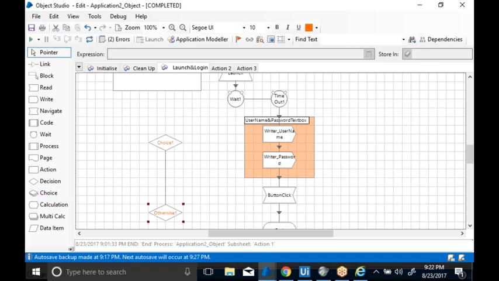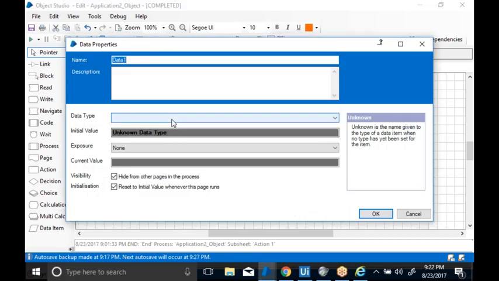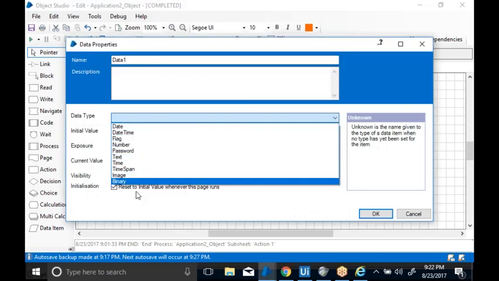Okay, and now let's see one example on the choice. Suppose I have a variable we call a data item. Let's see the data item first, and I will explain the choice with the example. First delete this. Now go to the new action page. Now you have one stage called data item. Data item is nothing but variables. In Java or .NET or Python or any other language you can create variables like a string variable, a number variable, a float variable and all. Now if you open this data item, you can see the types of data items.